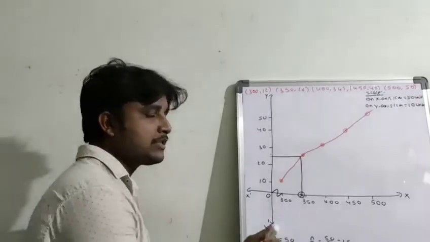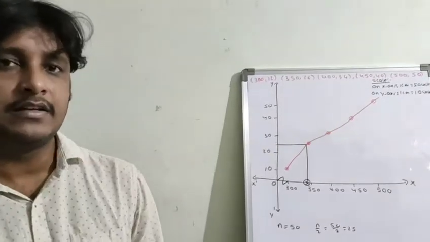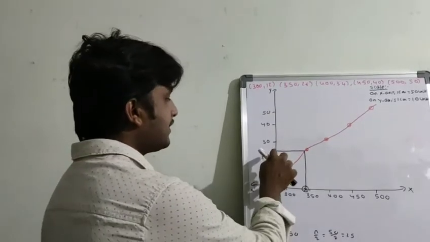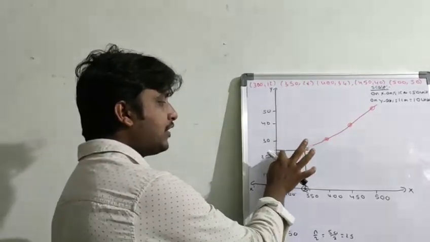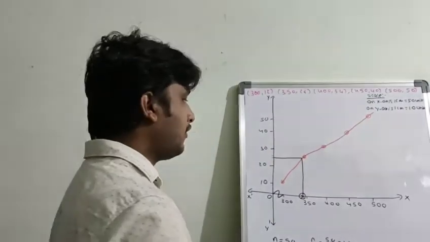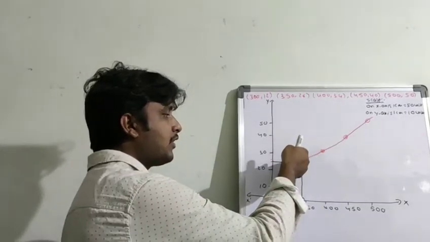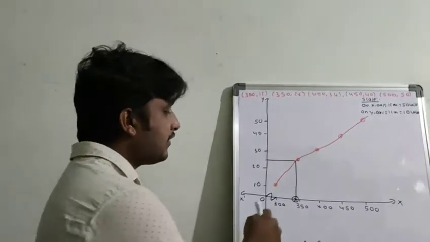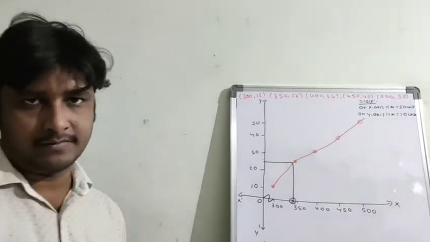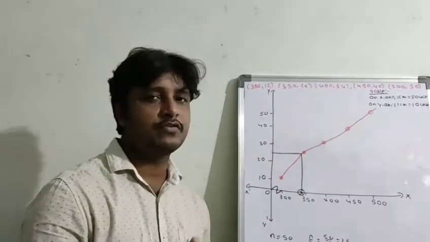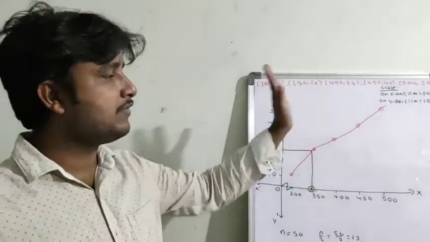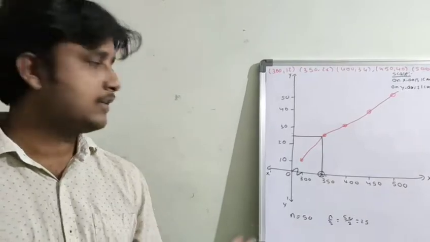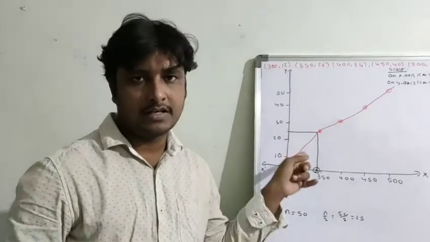So afterwards, how to find the median? Here the n value, the sum of all frequencies, is 50. N by 2 is 50 by 2, which is 25. On the y-axis, from 25 you have to draw one line to the curve. From the point of intersection of the curve and the line, you have to draw one perpendicular line to the x-axis. Whatever value you get there will be the median. You have to convert the given information into Ogive curves. This is the less than type Ogive curve, and this is the way you find the median. Have a look.